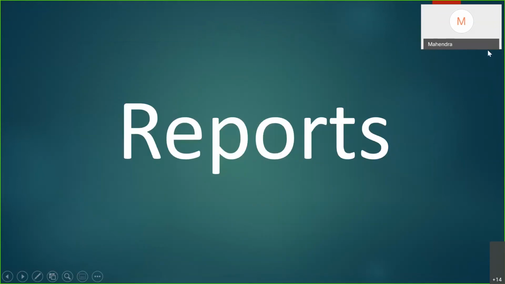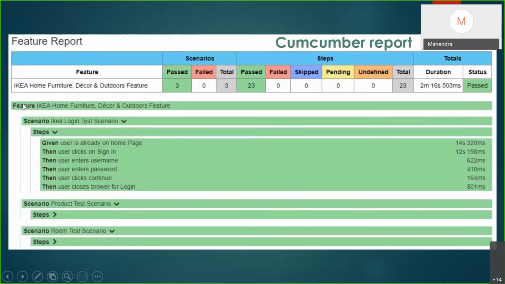Okay, thank you, Aarti. Now, based on the reports we did on BDD and Jenkins, I'm going to show you all the reports. So this is the report we ran on the BDD Cucumber report. It shows we ran the 3 tests and 23 steps, all pass, and you can see we just highlighted only the login portion of the steps, but all tests pass.